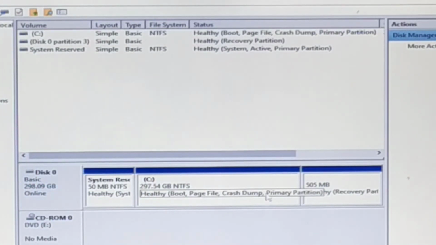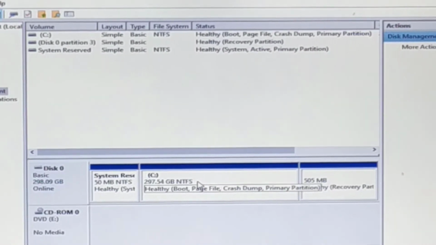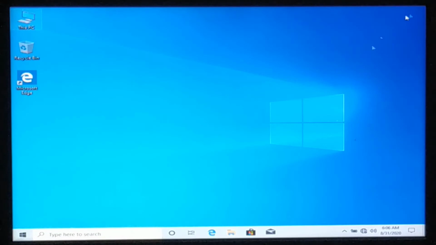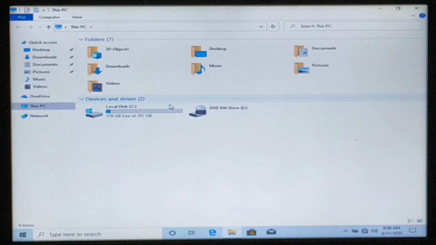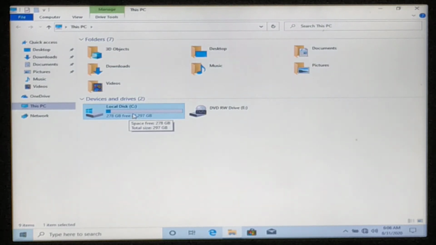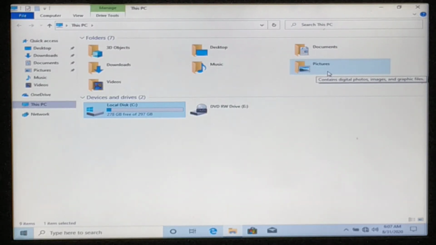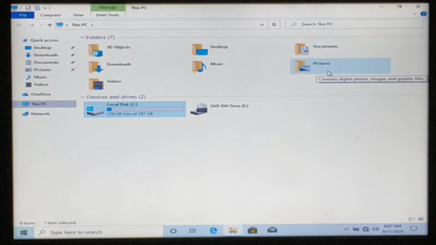See, my friend, all the drive space is included here, right? Now I can go in this PC to check. So close this drive. See, my friend, now only one drive, right? And it is 278 gigabyte. So my friend, C drive has been extended, right? So friends, like this you can make partition of your hard disk. It could be a new hard disk without installing Windows. And if you want to extend your C drive, also you can do it, my friend.